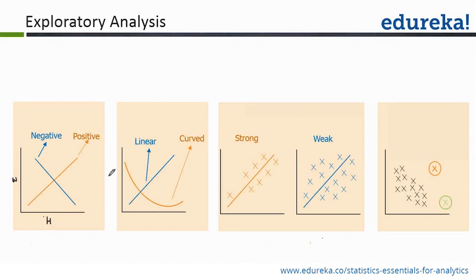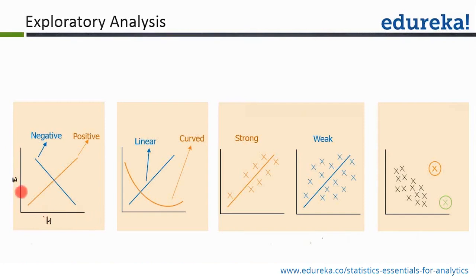Now you should assume that this data is coming from, say, an Excel sheet. There are two columns, one called height and another called weight. And when you put this data over an XY plot, also called a scatter plot,